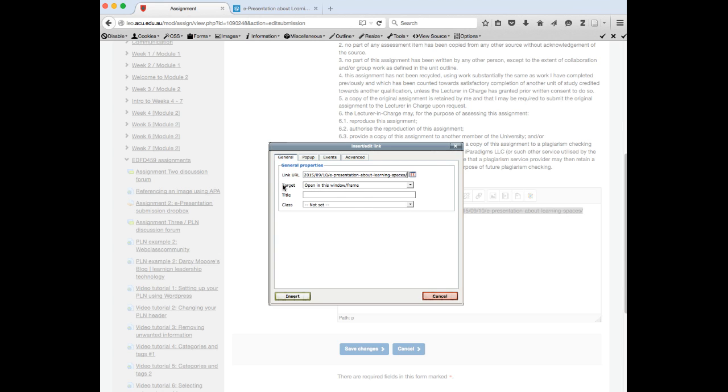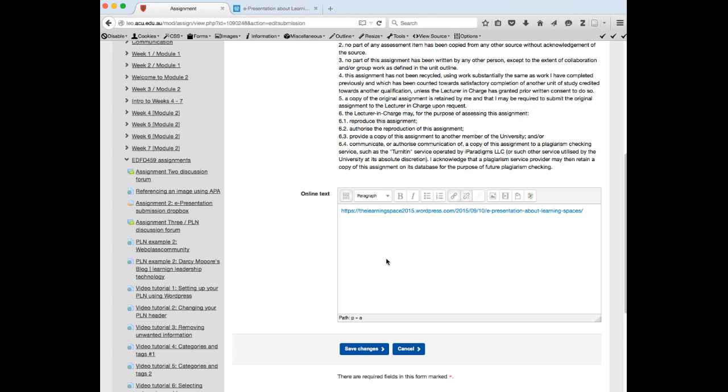Underneath, you've got a section that says Target. Drop that menu down, and you want to select New Window. Okay, and then you click Insert, and you'll notice that your URL has actually gone blue. And then basically you've done. So you then do Save Changes,